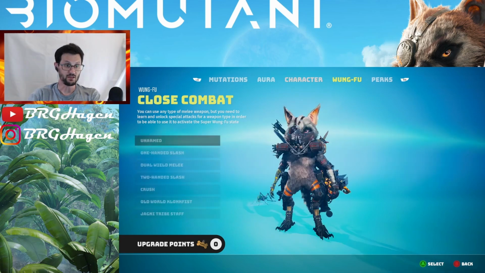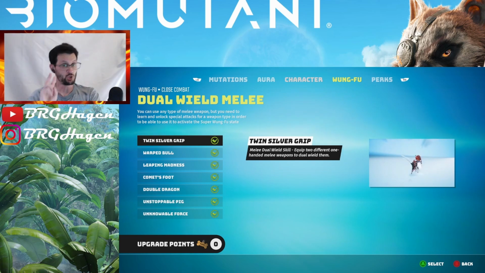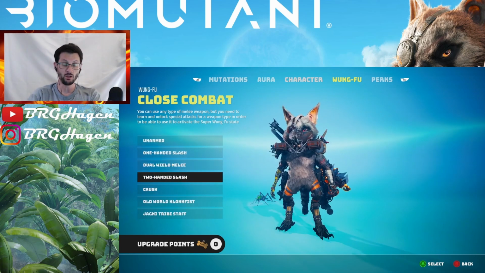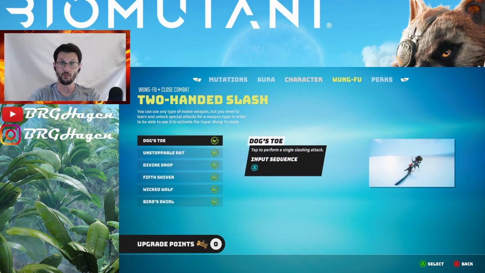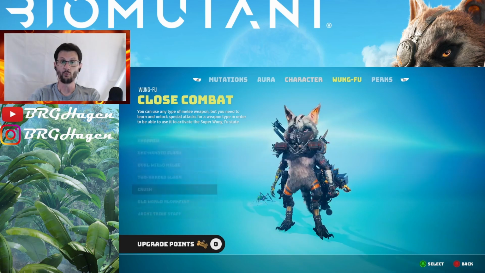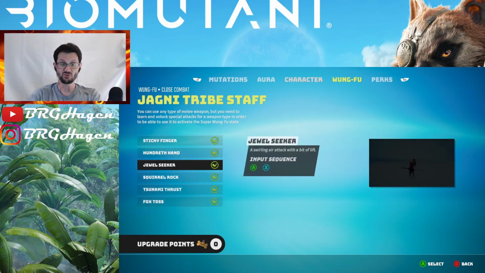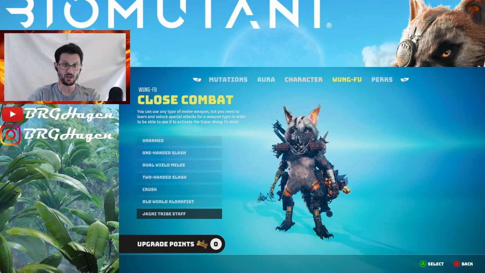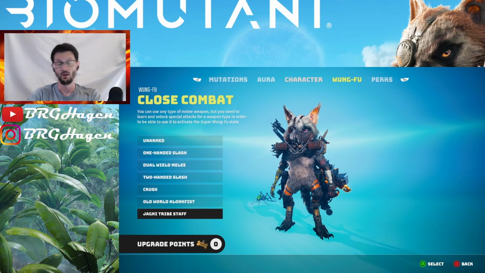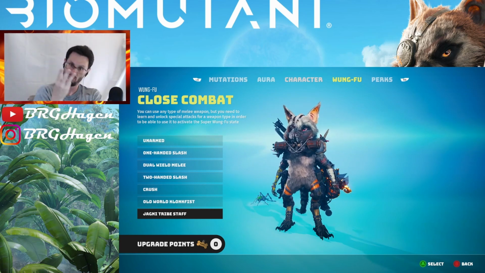But you got to unlock these. As you can see, I've unlocked a lot of them. There are 2 achievements tied to this: unlocking all of the melee combat Wufu, and unlocking all of the ranged combat Wufu. Some of these you just get. I think a Jagni tribe staff is a tribe-specific weapon, which there's again an achievement for. You need 3 of them, which is just defeat 3